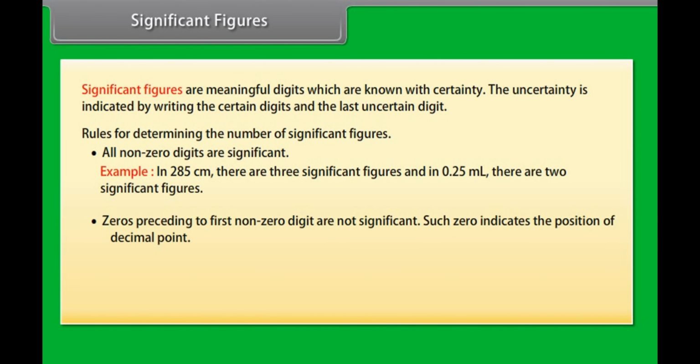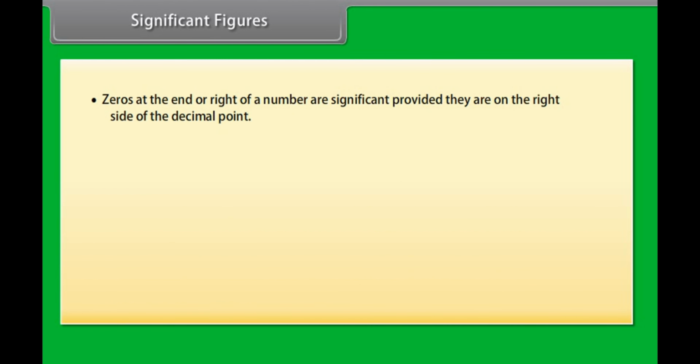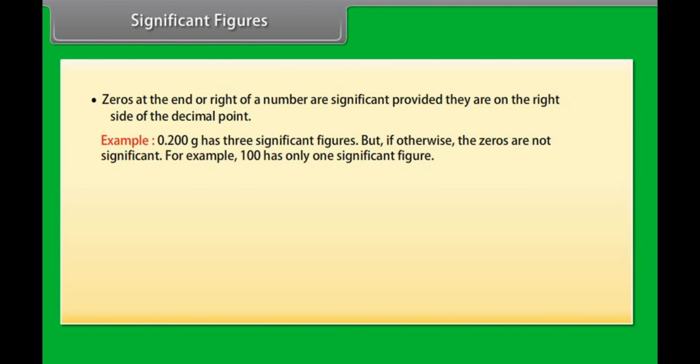Zeros preceding the first non-zero digit are not significant. Such zeros indicate the position of the decimal point. Thus, 0.03 has one significant figure and 0.0052 has two significant figures. Zeros between two non-zero digits are significant figures. Zeros at the end or right of a number are significant provided they are on the right side of the decimal point. Example: